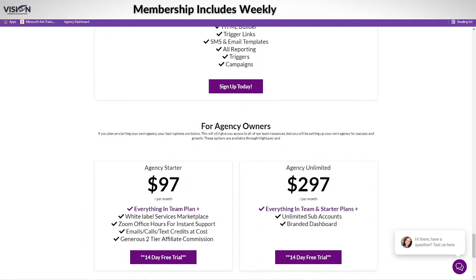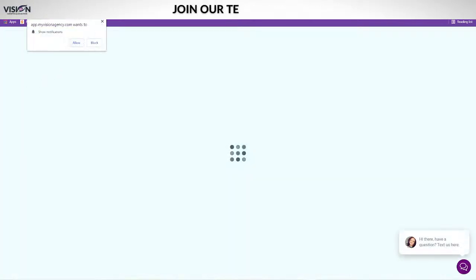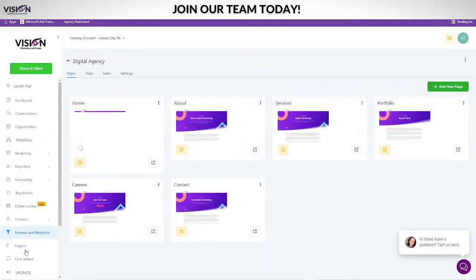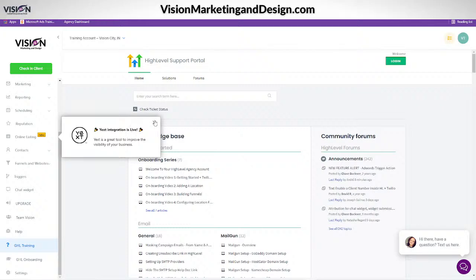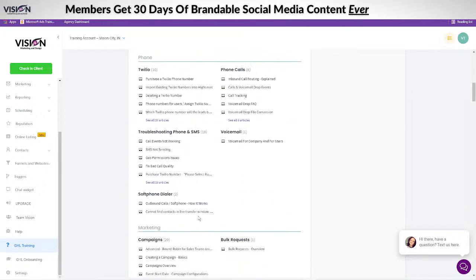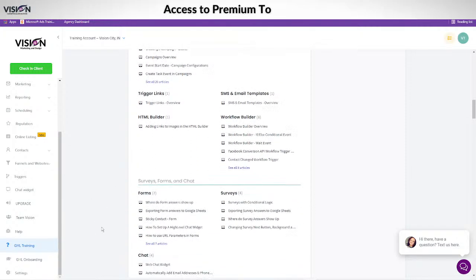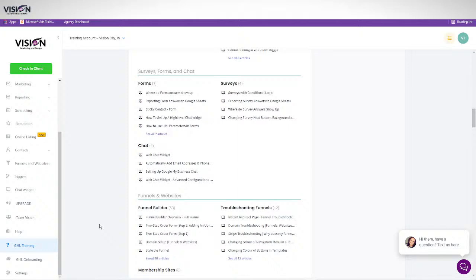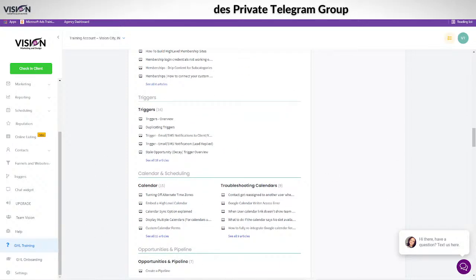So that's kind of what makes it difficult to show you my agency dashboard. But like I was saying, inside of your dashboard, you can always go to training here, and then go to any of these things. This is all HighLevel's training, so definitely check this out to get a more detailed training, because I know that a lot of you guys have questions.